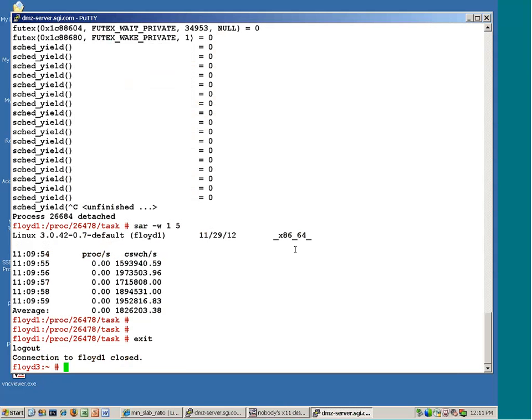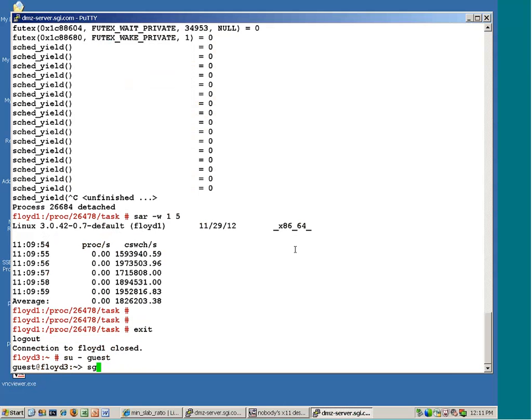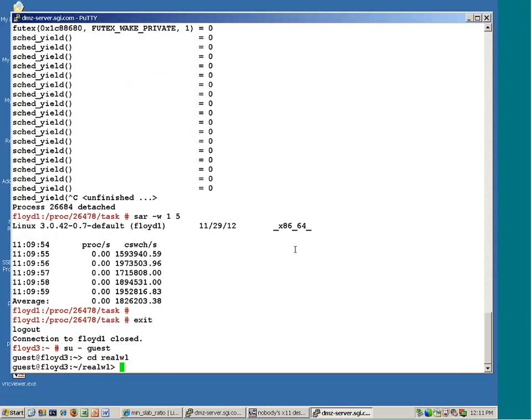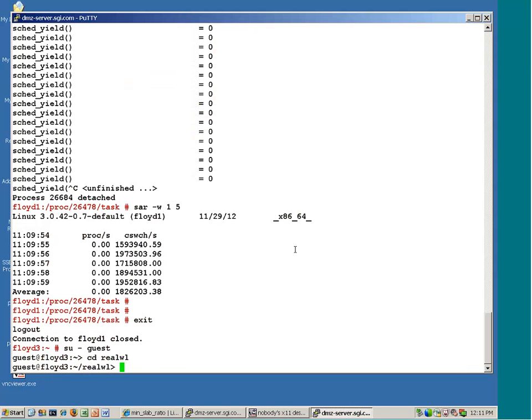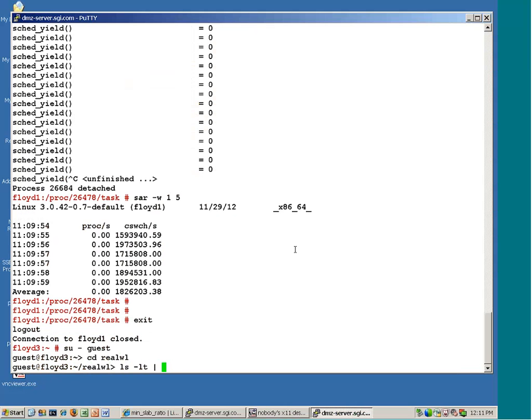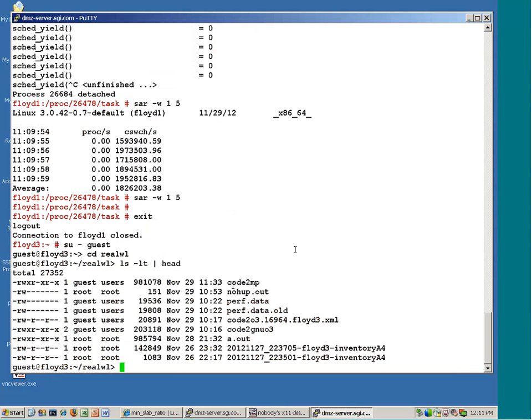Let me su to guest. So I have a multi-threaded version of the thing that I just compiled. I added a -parallel to create that one. Now I've still got the older one, this one here. Let's do a time, /code2